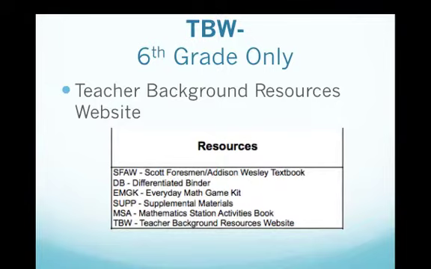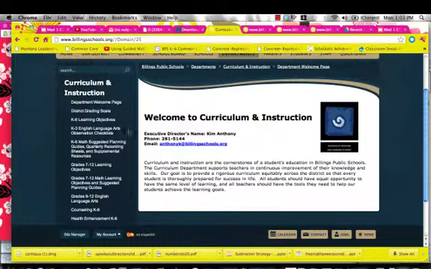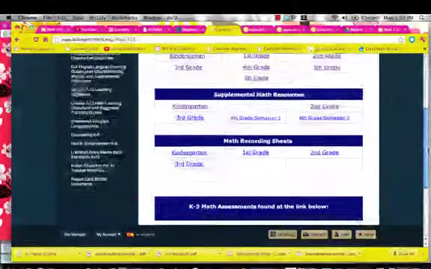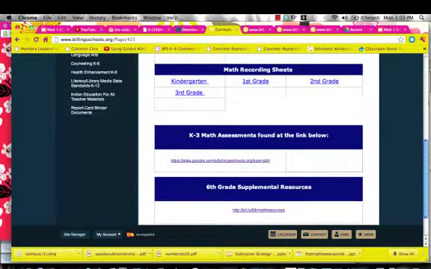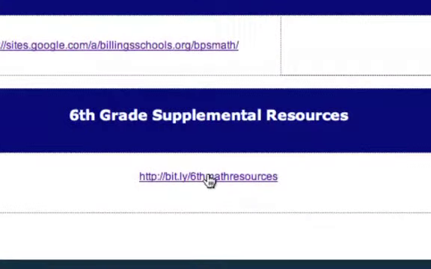So let me go ahead and show you where you're going to find this link. Once again, we're back at this familiar place. When you go to your planning guides, sixth grade teachers, you just need to scroll down a little bit, and at the bottom you're going to see sixth grade supplemental resources, and there's a website that you can click on. This website URL is also found at the top of your pacing guide. So when you click here,